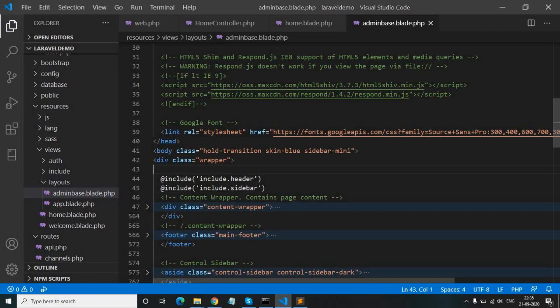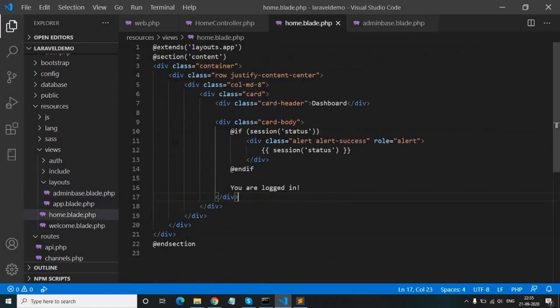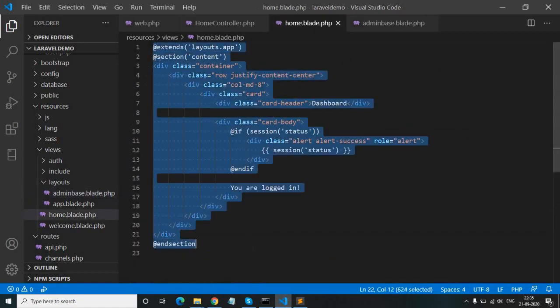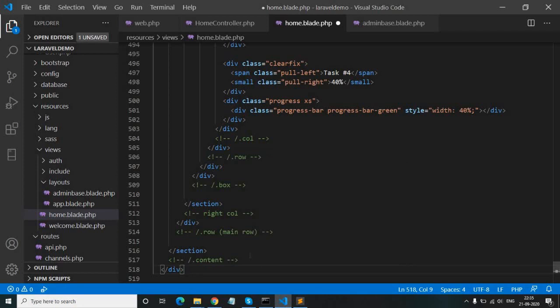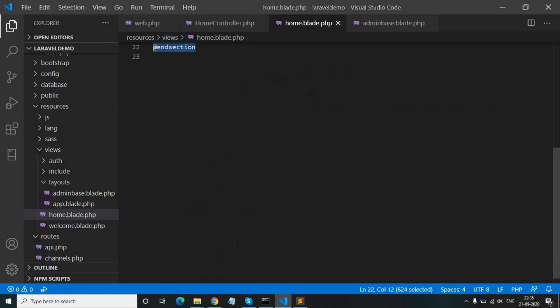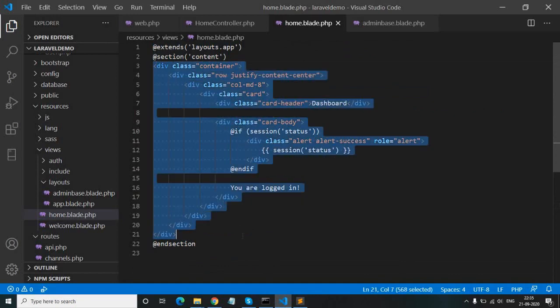Now we will remove this content and we will paste it into the home.blade file. So we will replace this HTML here.